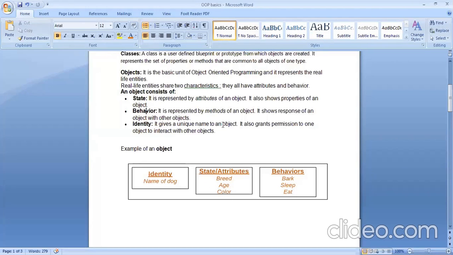The state are those properties that describe the object. For example, your age, your blood group, etc. Then your behavior. That is the functions, or how you will respond. So that is your behavior. That is what an object is all about.